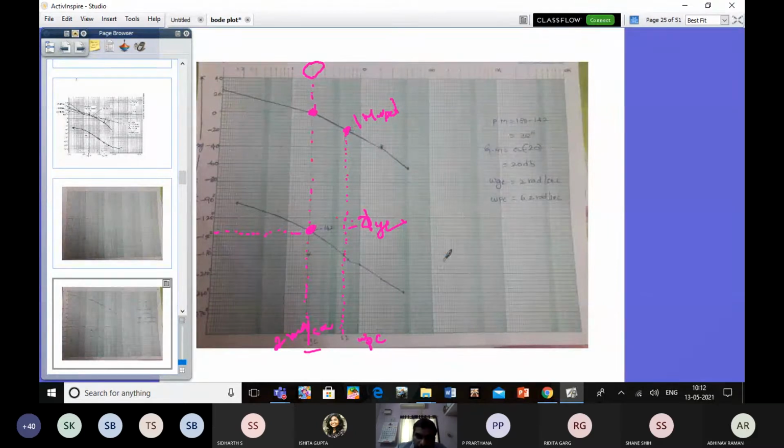Now we are going to determine the gain margin and phase margin. What is the equation for gain margin? 0 minus the magnitude of omega PC. Tell me now, what is the magnitude of omega PC? Please interact, dear. 0 minus what is the magnitude of omega PC?